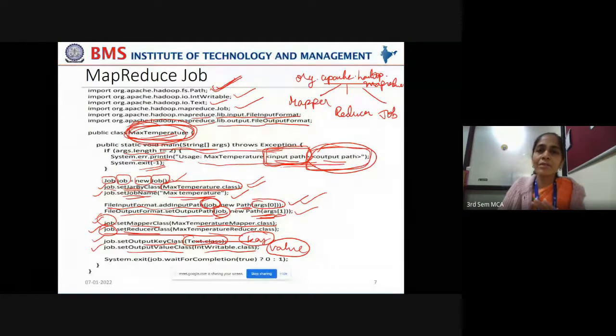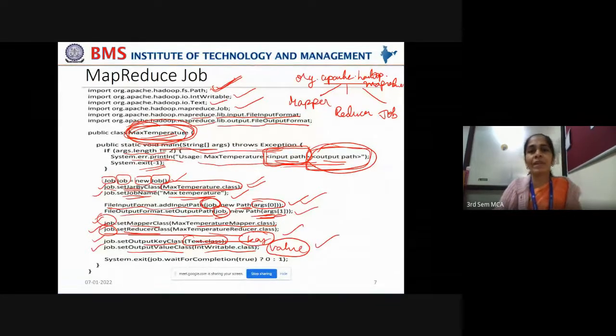Now the job has all the information available along with the format of the output that has to be emitted. Now your final step is to execute the job. So how do you invoke the job? By using job.waitForCompletion. It will invoke the job, and as long as the job is running, it gives 0.